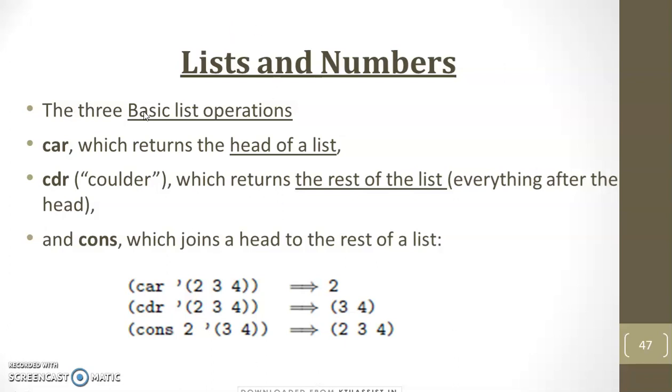Then the 3 basic list operations as we have seen earlier: CAR, CDR, CONS. CAR, head of the list. CDR returns the list after removing the head. CONS will be like